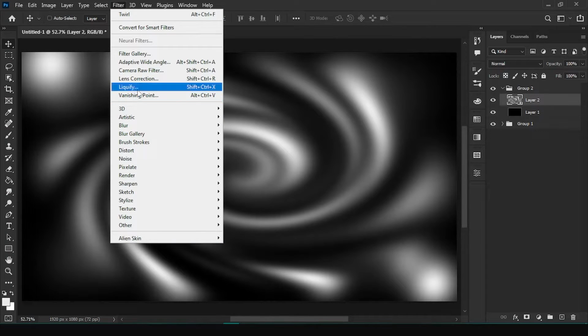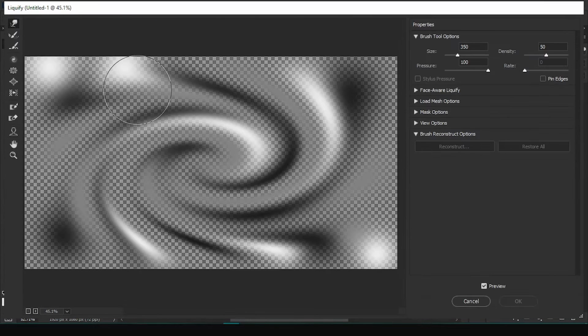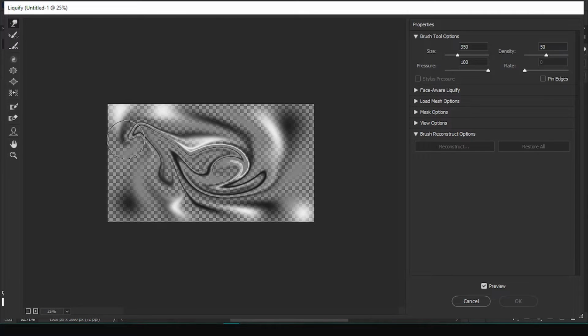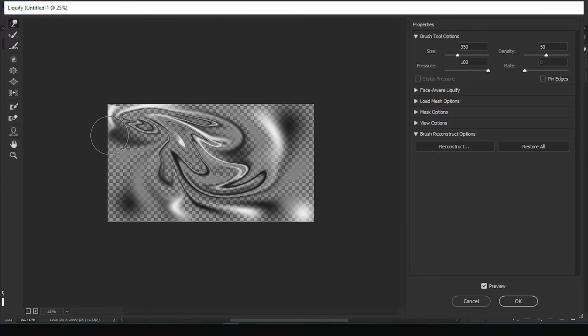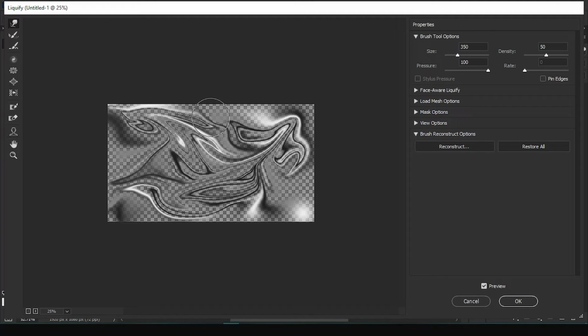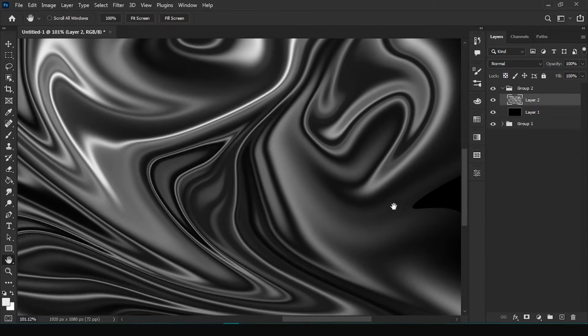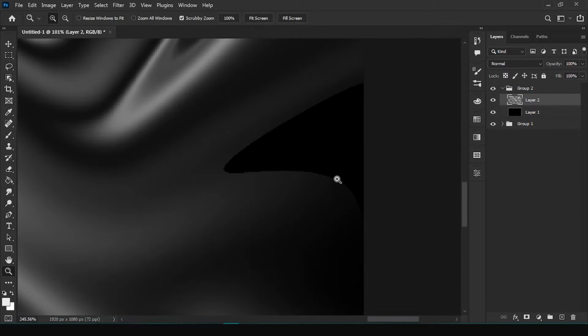Then we are going to do a liquify once more, but this time it will be a little bit different. So yeah, you have the twirl effect, and you will just go and play with the background a little bit. So something like this. And if you see some harsh background entering like this, let me just zoom right here.